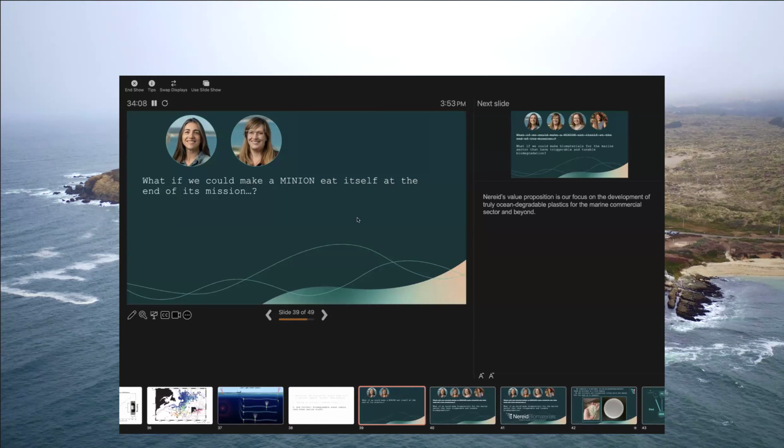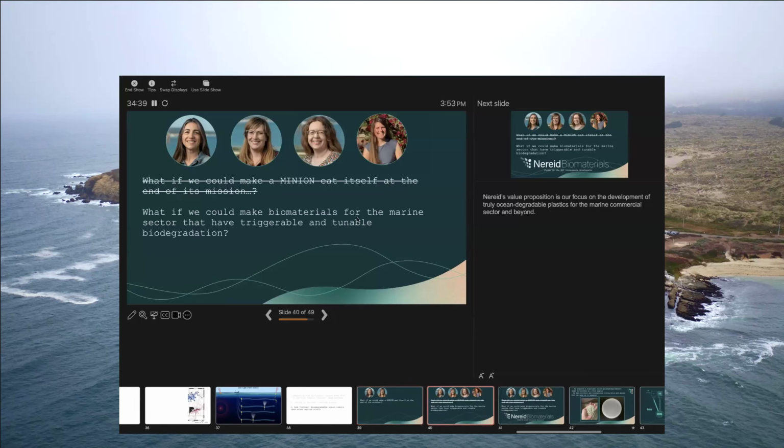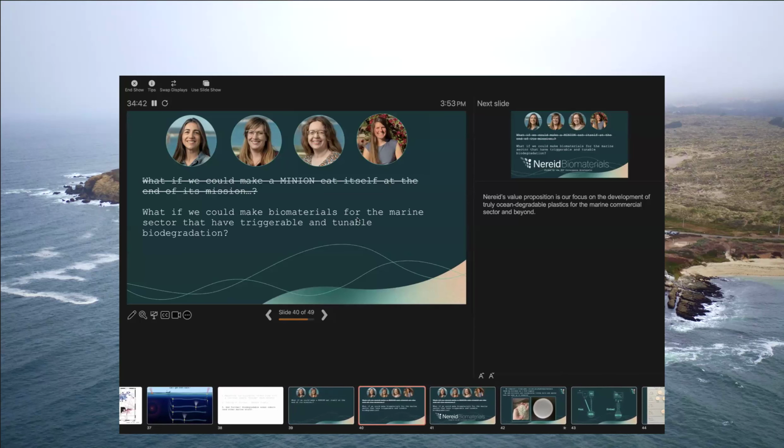So I was at a meeting with my friend Allison Santoro, a professor in microbiology at UCSB, and talking about this conundrum. And she was saying, well, you're using this filament called PLA, common 3D printing filament. It's bio-based. What if we could add microbes to it and make it eat itself? And I was just so excited about that. And I was like, yes, we really need to make our Minions eat themselves at the end of their life. We kind of thought about it, but we didn't really do much for a couple years because we didn't know how to make that happen.